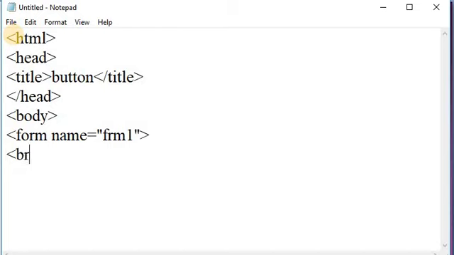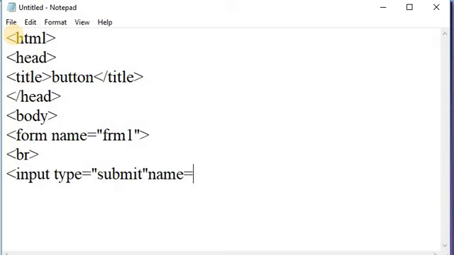After that, I am writing a break tag. After that, I am taking the input type button element, equal to submit as the type, and name is equal to S, and value is equal to submit.